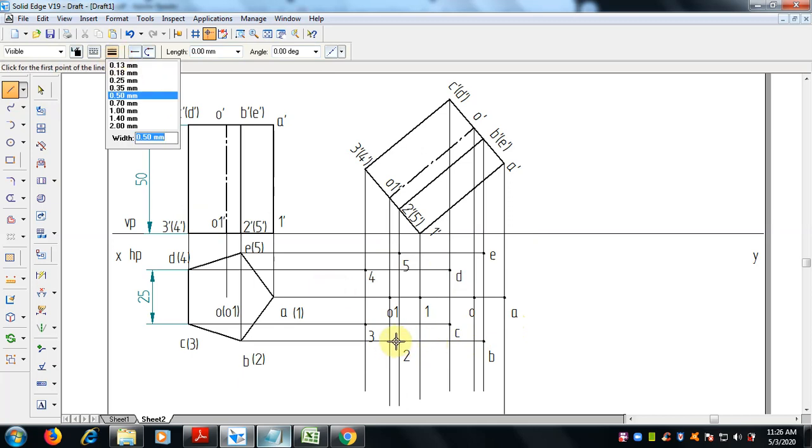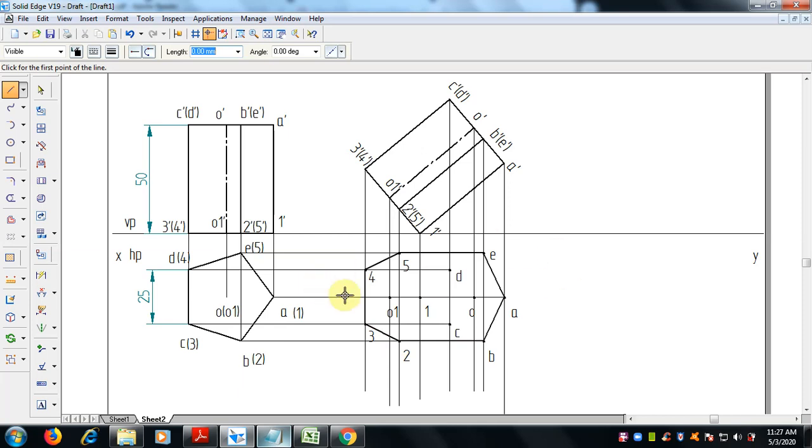So the end point of this line, where this is the intersection or end point, and then B, this is the point, and this is the end point. Select the end point, not the point. The point we mentioned is just for understanding where it comes, but while drawing, select the intersection or the end points.